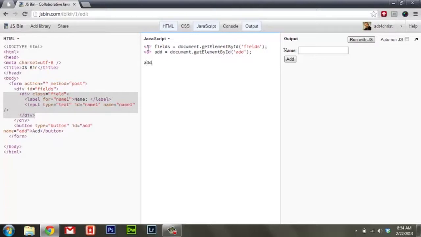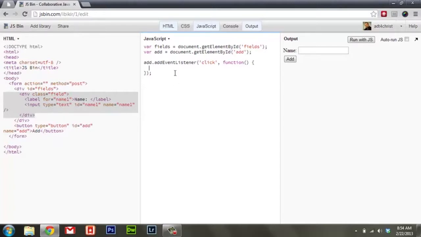And then on the add, we want to put an event listener. So we say addEventListener, and we want it whenever they click on it. So we're going to give it an event of click, and then we're going to have this anonymous function. It's going to run whenever it's called, and whenever it's clicked, we do something right in there. Okay, so we're wanting it to insert a new field with all of this HTML here right after this field inside the div